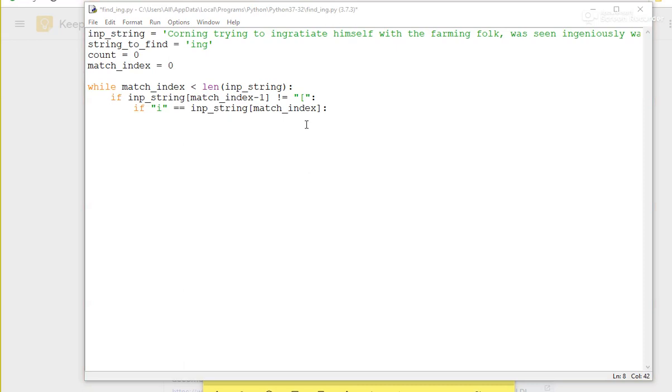So that's our first letter found. We need to find the rest of the string. We need to make sure that the I is part of ing. So if the input string, from the first bit to 3 characters forward, we have found the I,